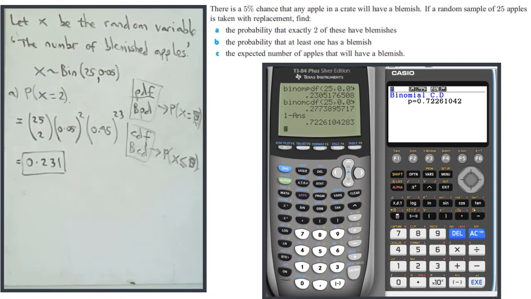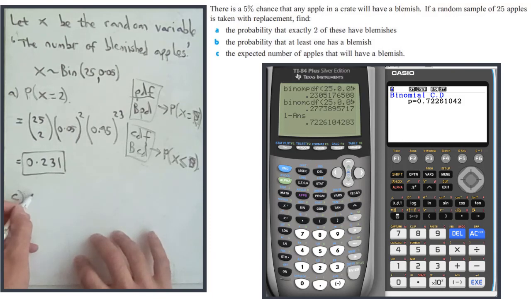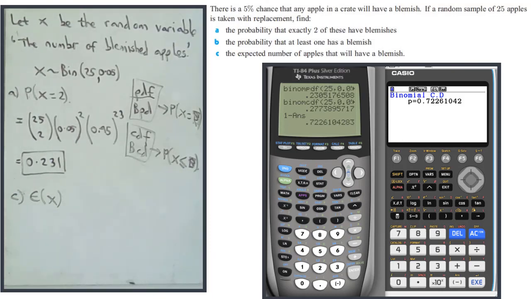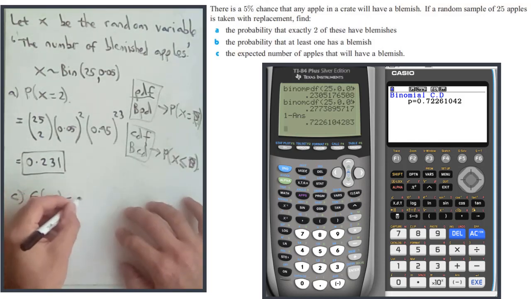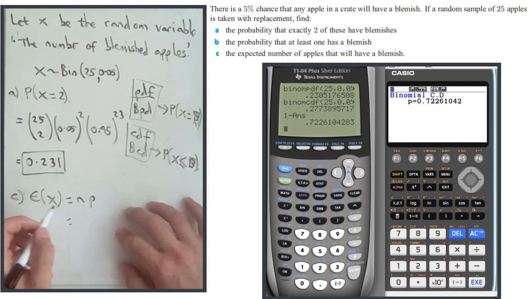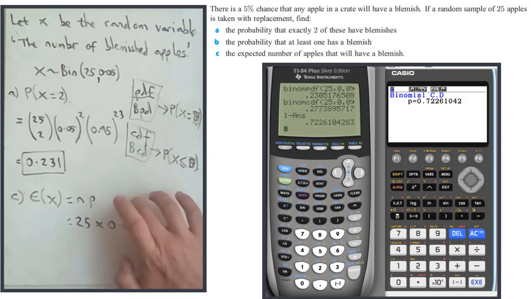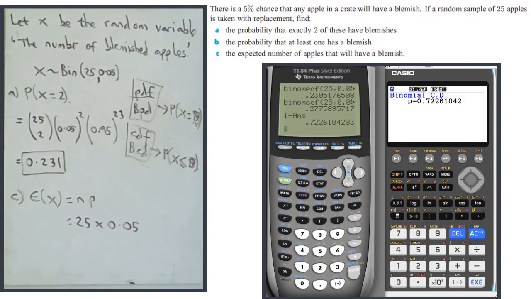For part C, we need to just find the expected number of apples that will have a blemish, which is definitely, I would say, the easiest question of the lot. Remember, the expected value of x for something with a number of independent trials with a fixed probability of success is just NP. So in this case, it's N 25 times P 0.05. So you're just finding 5% of 25, which you could probably even do in your head, or 10% is 2.5, and so 5% must be half of that, so it equals